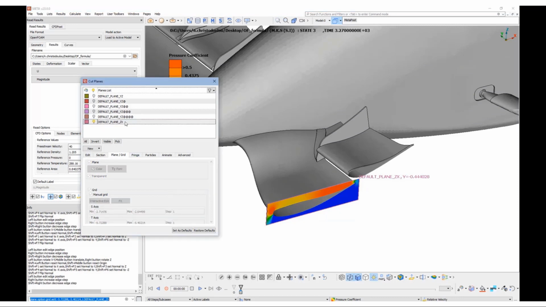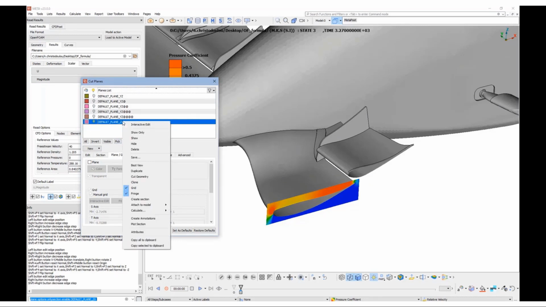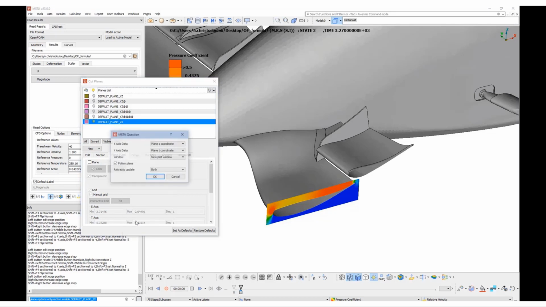Okay, now the positioning is finished and the cut plane has the correct size. Let's right click and select plot section. Here at y-axis we will select the scalar and press OK.